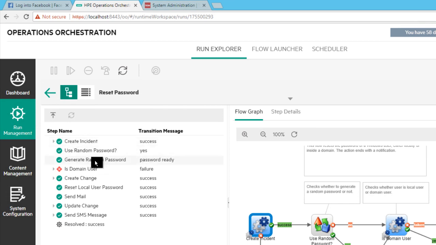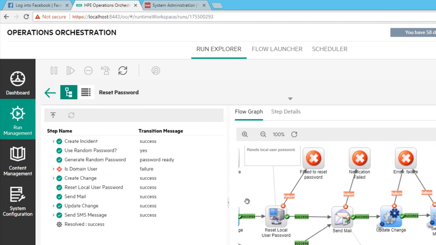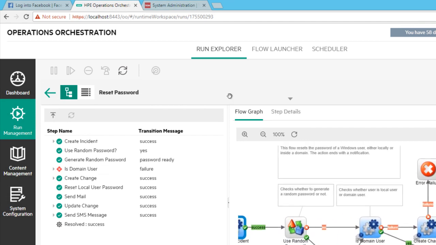Then it will generate a new random password, send the password to the end user through emails, through message, and then it will reset the password on the fly. I can see here on HP Operation Orchestration the graphical workflow executed in order to resolve this incident.